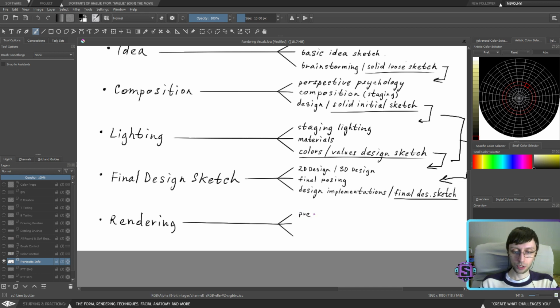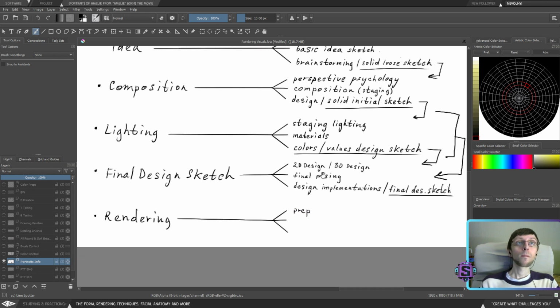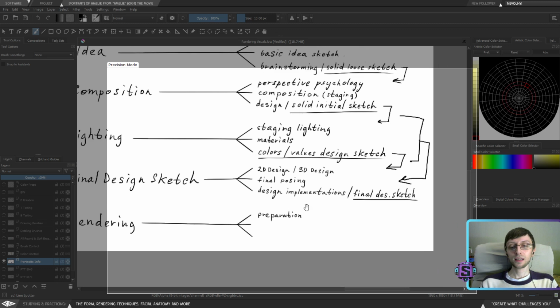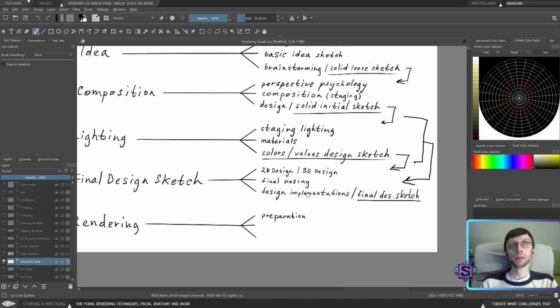First is basically preparation, which right now I don't believe that I need to go through it. Before that I needed that, but right now I'm not sure. Preparation. So basically it's cleaning out the layers, making sure that the project is going to be clean, because once we get into the rendering, we will start to work on different materials, create a lot of layers, and because of this we need to clean up the project, make it ready for the rendering.